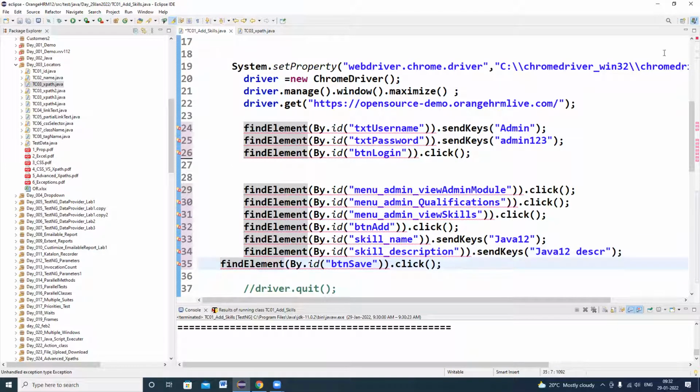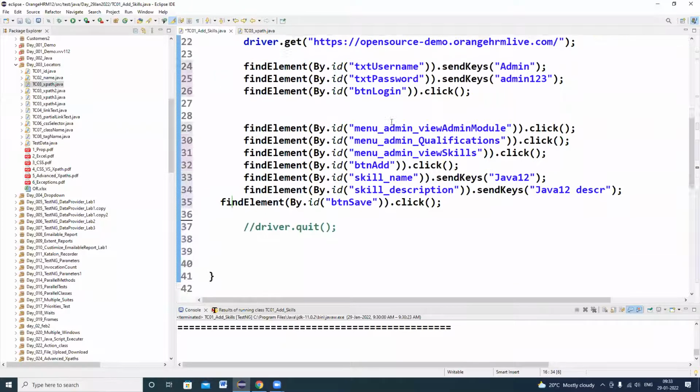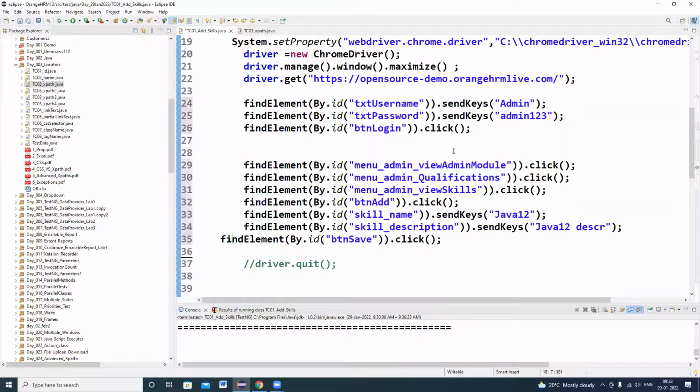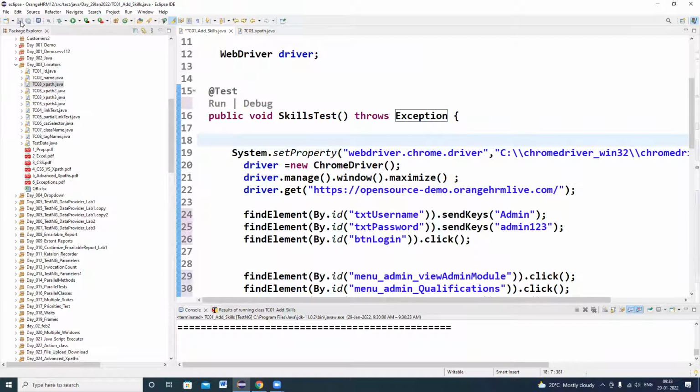Okay, right. So I keep the mouse over here, and it is asking to add throws declaration. Okay, I'm clicking on add throws declaration. See, this is the throws exception. So along with the method signature, throws exception. So that is the perfect syntax of a method: public void method name throws exception, curling bracket begin and curling bracket end. Okay, so now I want to execute this program.